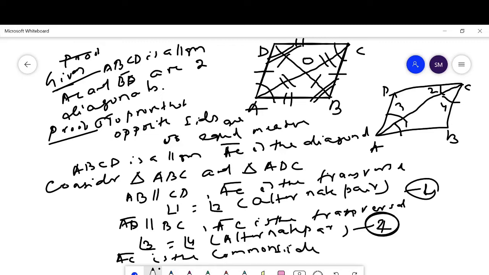Then in these two triangles, triangle ABC and triangle ADC, this angle is equal to this angle and this angle is equal to this angle, and this is the common side. Then by the angle side angle property,